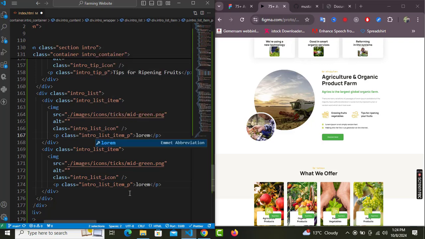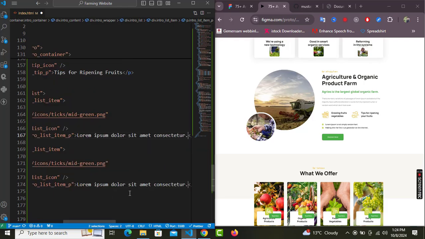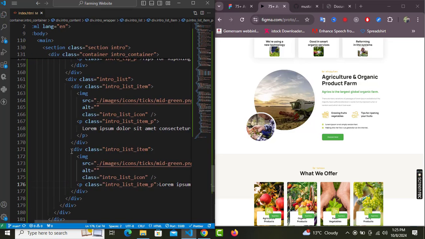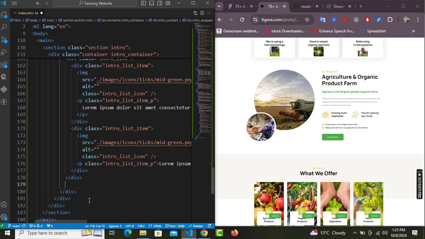So the first one is lorem 6 words, and this one will be like 5 words. And right after this intro list, we have a button. So dot intro_btn, and it says discover more,